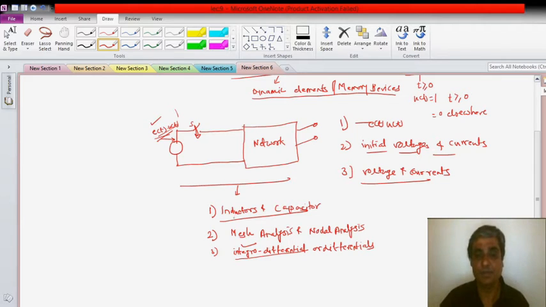Then next, we will also observe that there may be some difficulty in the solution of the differential equation, and the complexity may increase. So how can this complexity be reduced? We will look at another tool, called the Laplace transform, to solve the differential equations, and we'll see the analysis of various dynamic circuits, including resistors, inductors and capacitors. So this will be the roadmap. Now let us start with inductors.